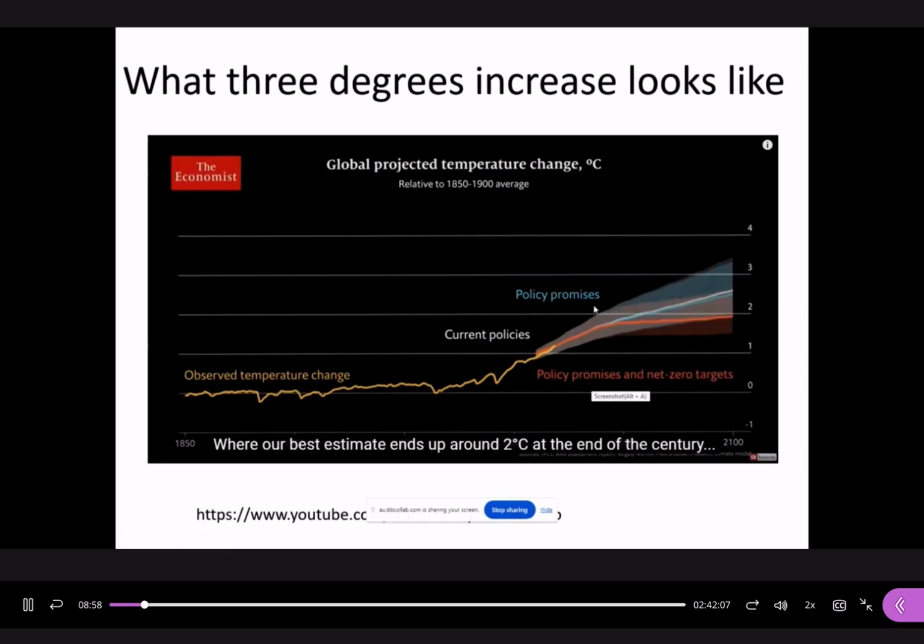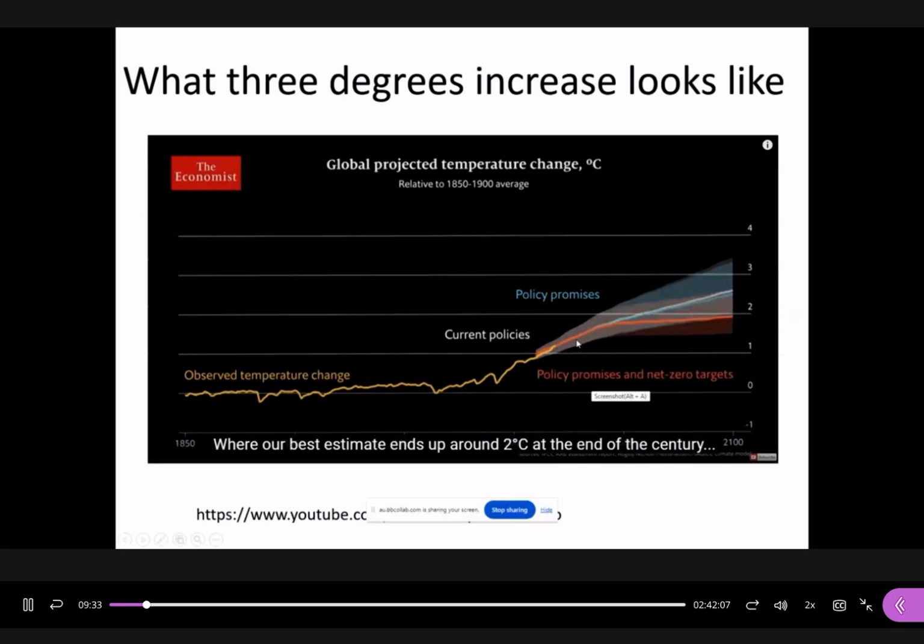Because our target is to control within 2 degrees Celsius, here is some modeling work to predict the temperature increase in the future. Nowadays we are at this point. If we have strict mitigation measures, it's possible that we can control the temperature by the red line, so it's within 2 degrees Celsius by the end of this century. So this is our target.